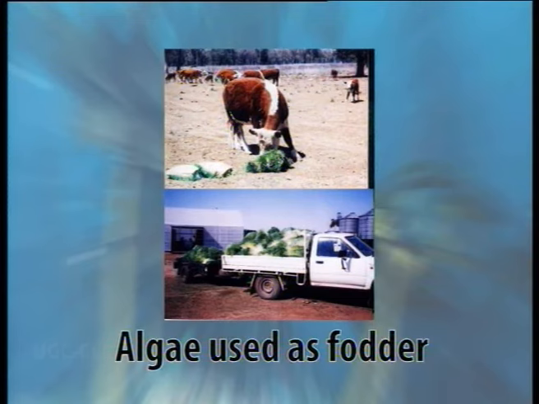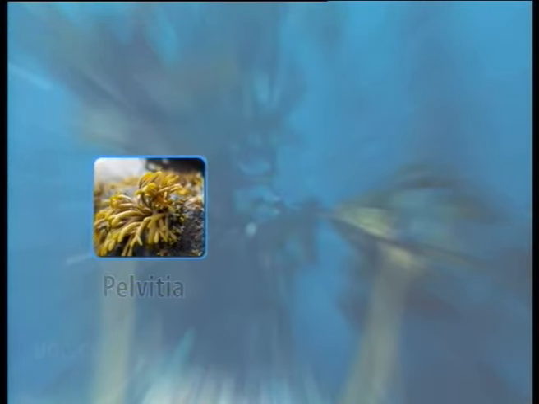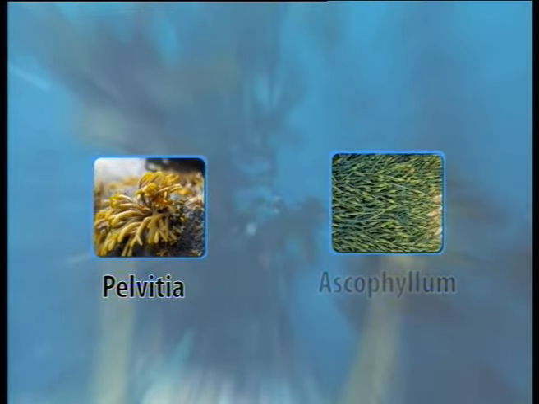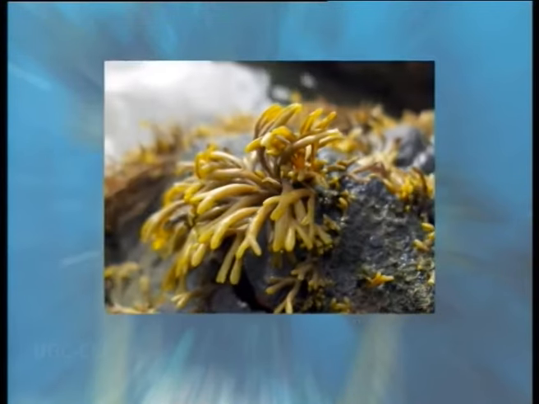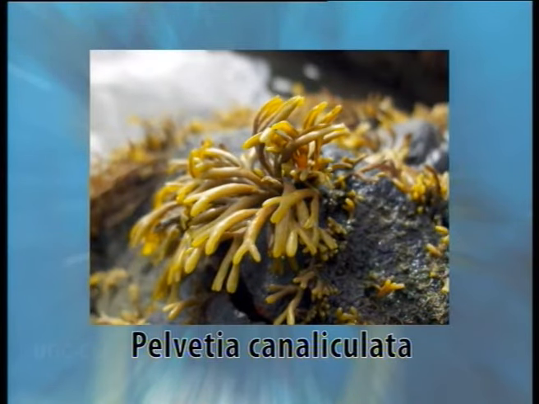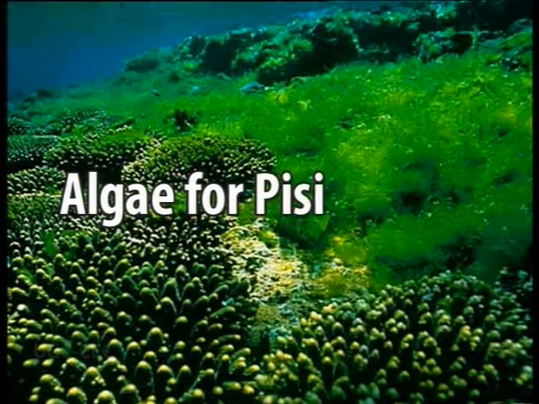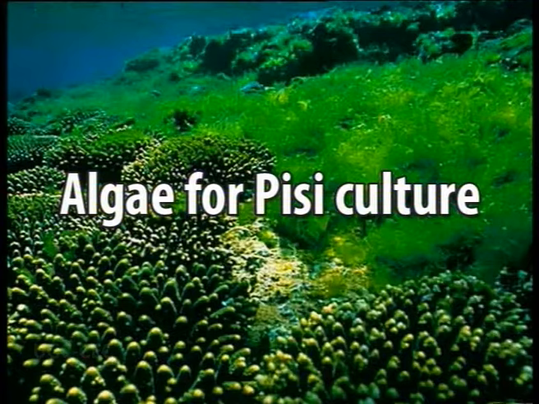Further, laminaria has also been fed as an important fodder for cattle, along with certain Palvitia species and Ascophyllum species, which have been seen to improve not only productivity but also the qualitative traits of the animals which are fed these alga. Next is the use of algae for pisciculture, that is where we try to commercially produce fish,